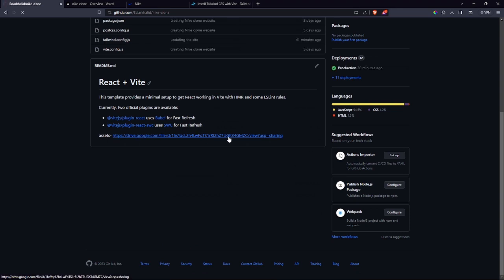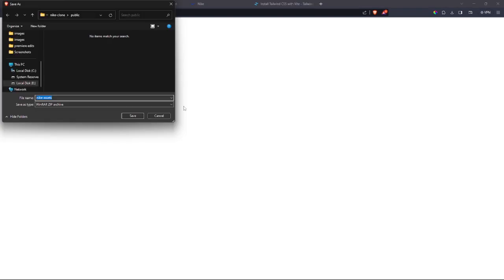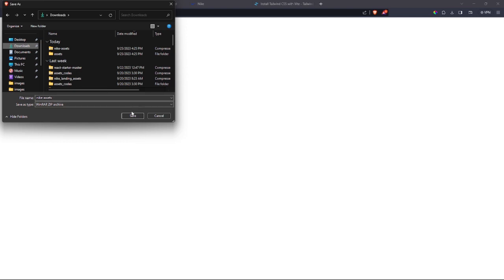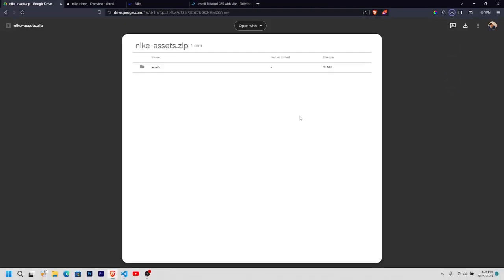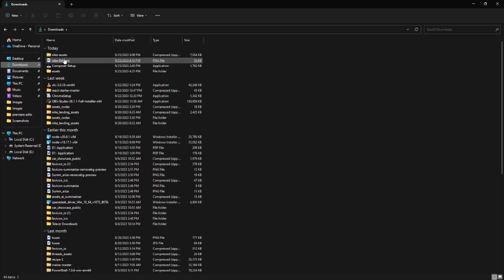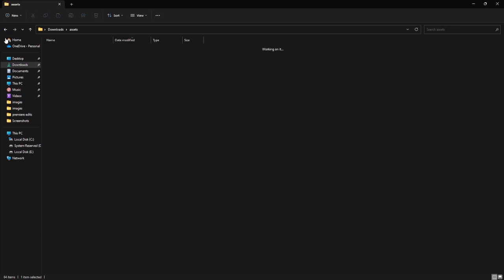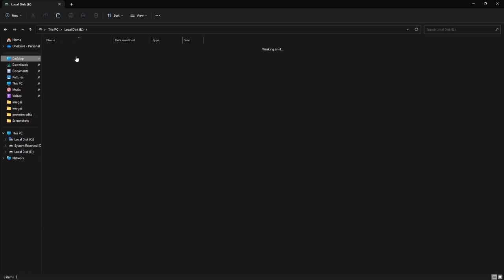This is the link. So you're going to download these assets as they are, and then you're going to download them wherever you want. Then once you've downloaded the assets, you're going to come to where you have downloaded them, and I think you know the process. You're going to copy it